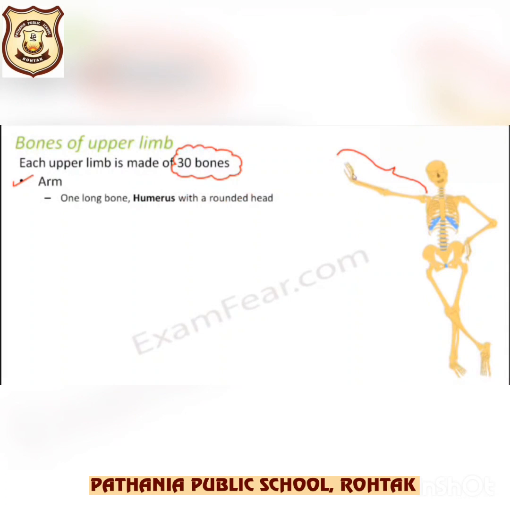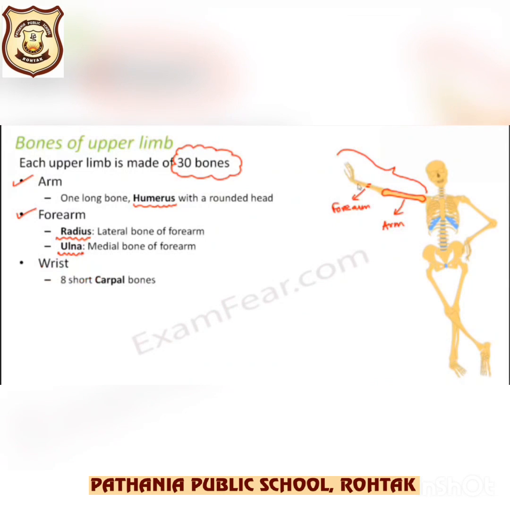So the arm has one long bone. The upper arm is from shoulder to elbow. The upper arm consists of a single bone called the humerus, as you can see in the figure, right? The lower arm is from elbow to wrist. The lower arm is made up of two bones, that is radius and ulna. Radius is the lateral bone of the forearm, and ulna is the medial bone of the forearm. The upper arm bone is connected to the lower arm bones by a hinge joint at the elbow. We will discuss this joint in detail later on.